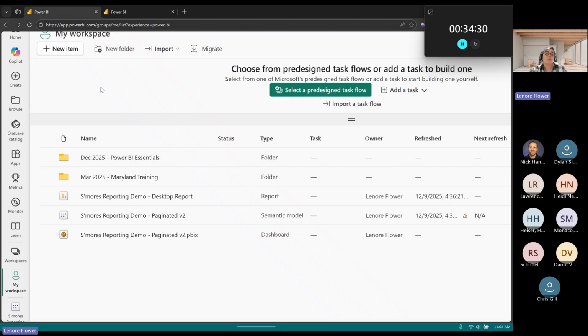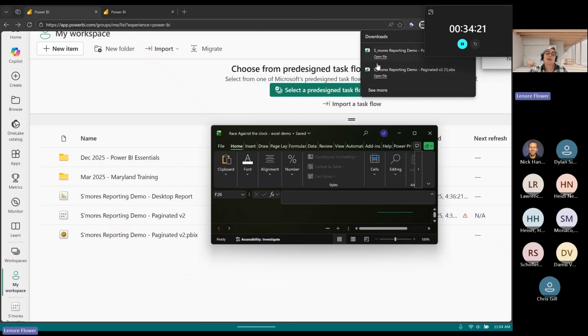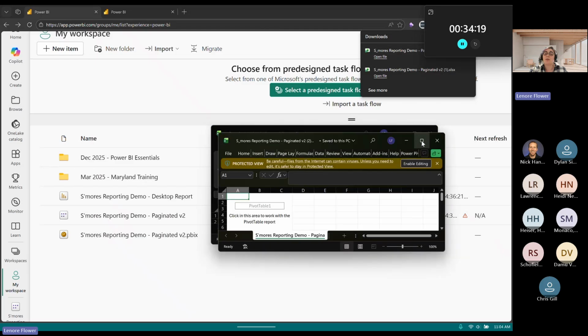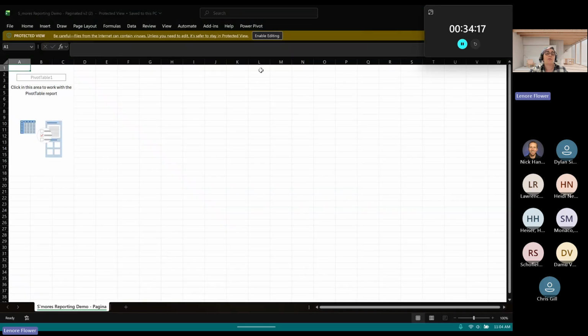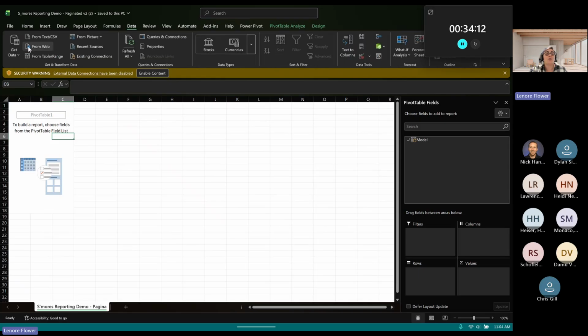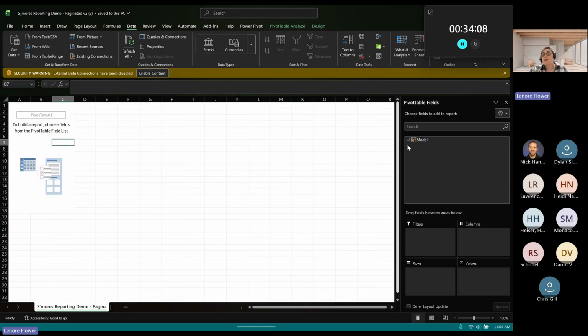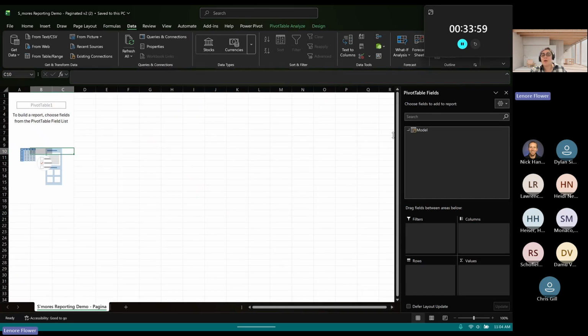Door number 2 is to say, hey, I'm pretty good at Excel. Maybe I can do something in Excel to solve the problem. So I'm opening up Analyze in Excel, and I'm not going to go too deep on this, but just to show you Analyze in Excel, which you can also get to usually from Get Data, depending on the configuration of your version. Here's that same model, and we can go through and add in additional fields once you enable content, otherwise it won't populate through.